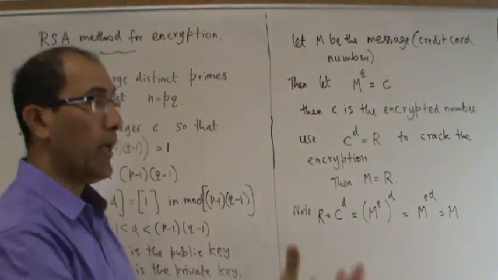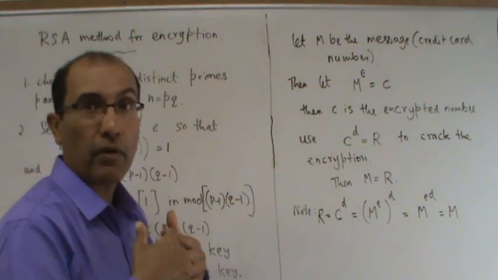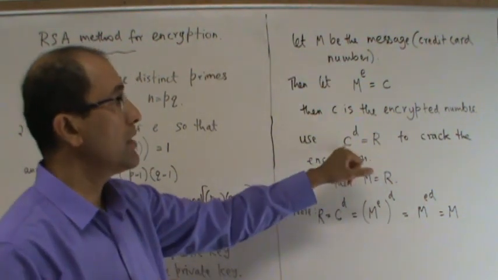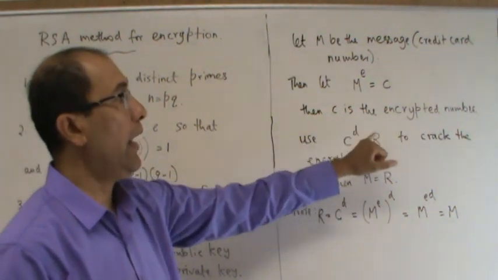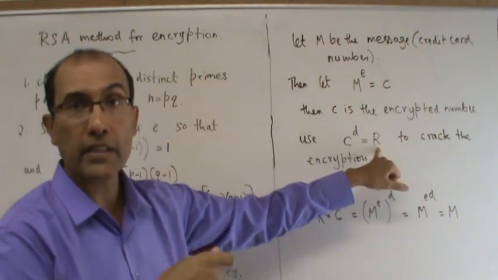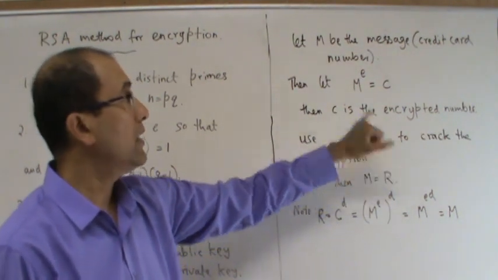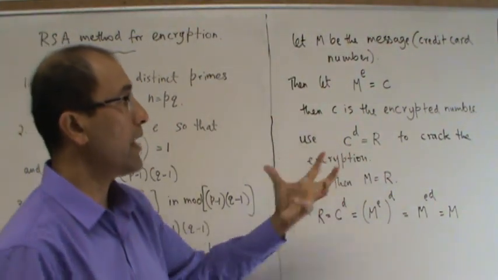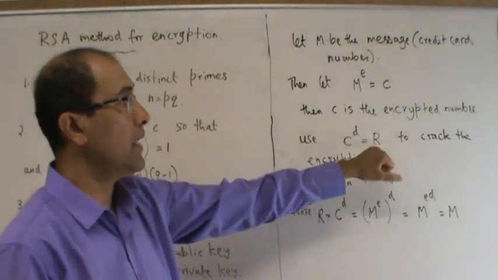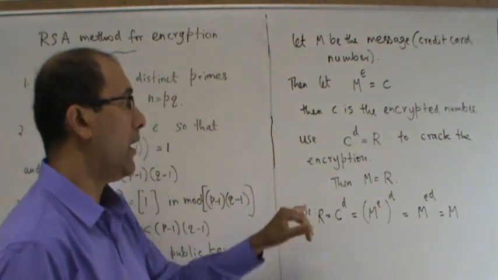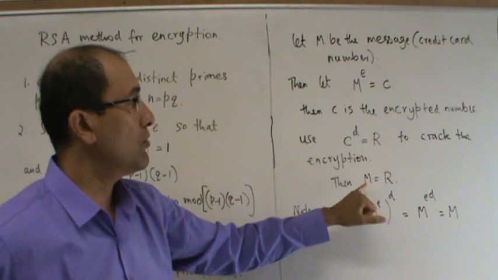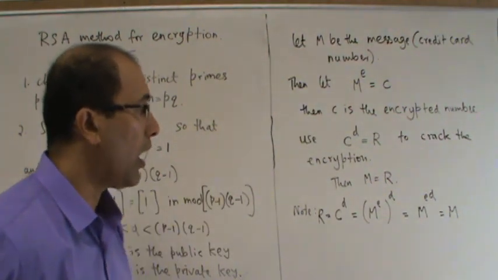And then when Visa or MasterCard or whoever the service provider is gets this C, they use C to the power d and get the number R. This R is going to be back to this number M. You can see it in a moment. So once they get C, they use C to the power d and get this R, and that R is to open the encryption. Because then you are going to see that M is equal to R, because R